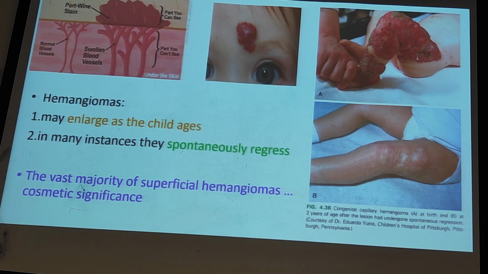This example is an extensive hemangioma in the lower limb of the infant that spontaneously regressed after 2 years. You see, and this is like a comparative feature. So many of these hemangiomas